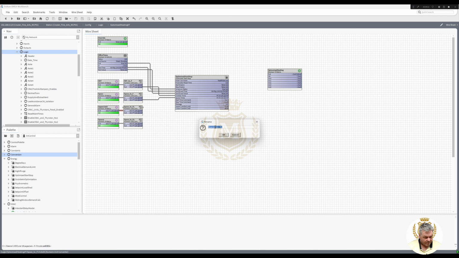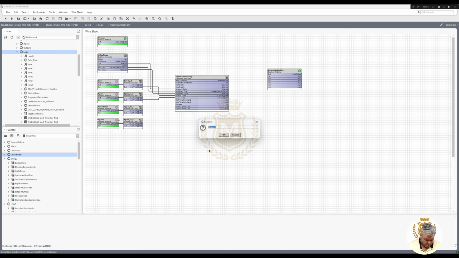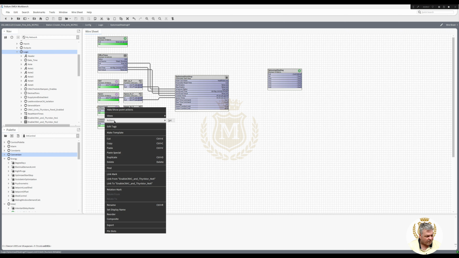Rename upper. Rename lower limit. Rename lower. So we'll have our upper limit at say 23